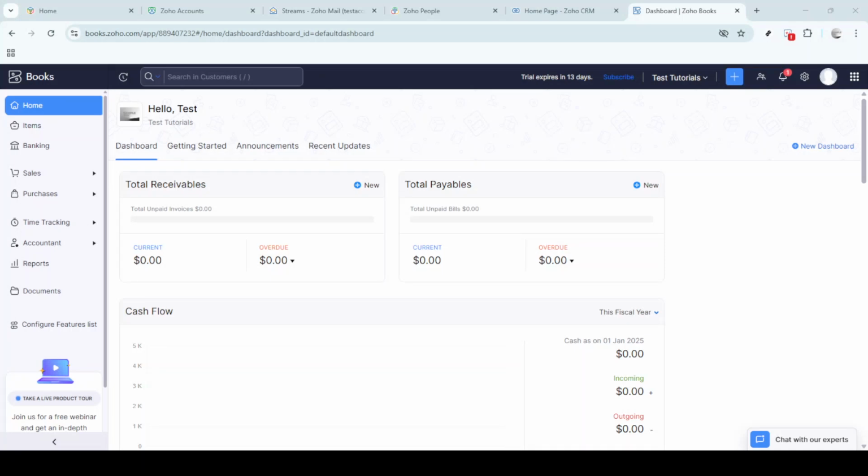In today's video, I'm going to teach you how to change the address on your Zoho invoice. This process is straightforward and only takes about 5 minutes, so let's jump right in and make sure you have everything set up perfectly. First, you need to log into your Zoho Books account,